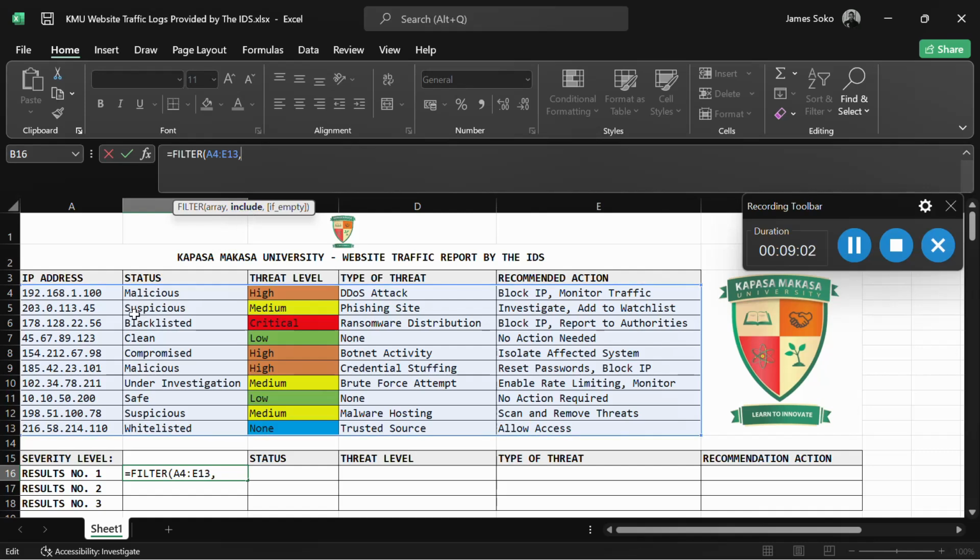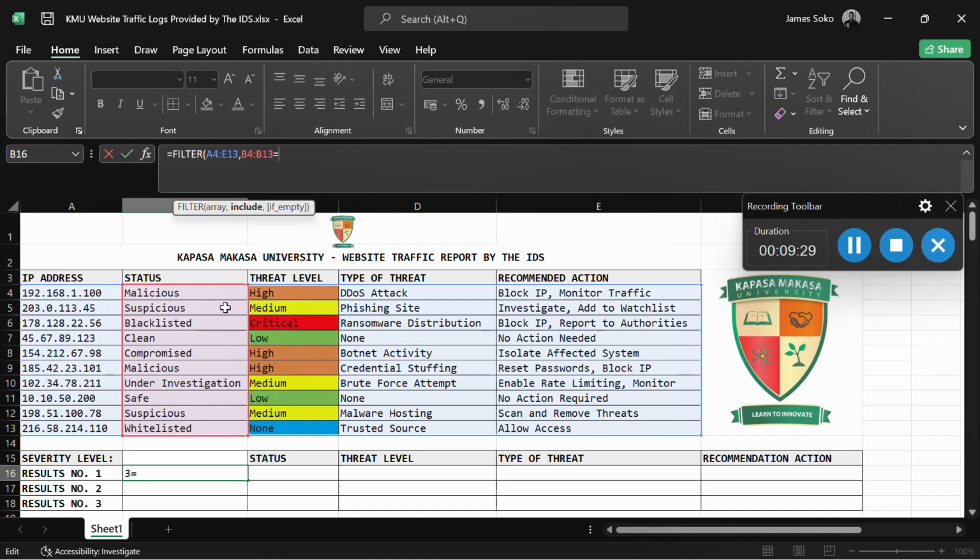So I want to search for the status, and I also want to search for the threat level. So my first search is for the status, so I'll focus on this status. Then this should be equal to a certain value. So under status, if you can see, we have malicious, suspicious, blacklisted, clean, compromised, under investigation, safe, and whitelisted.